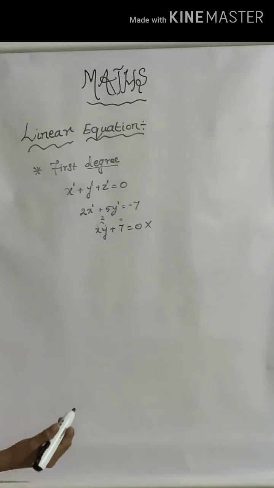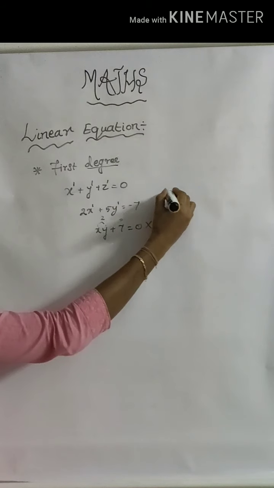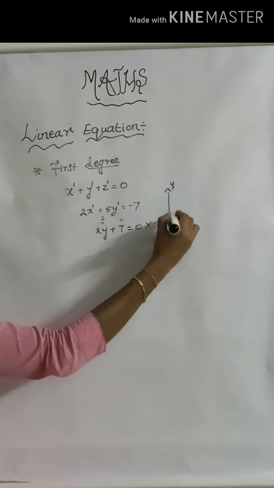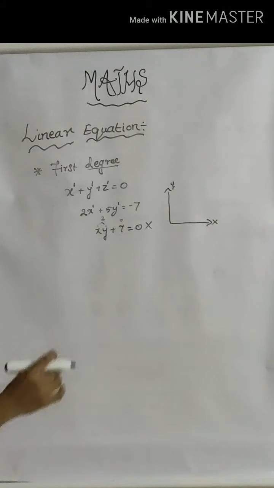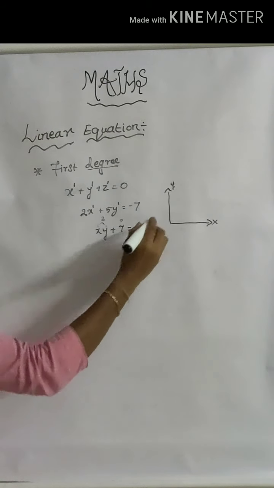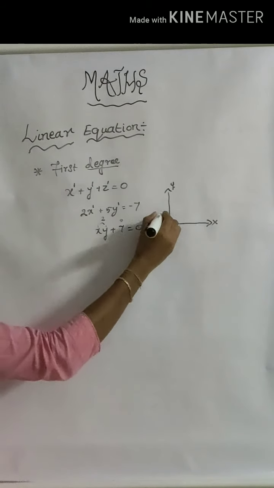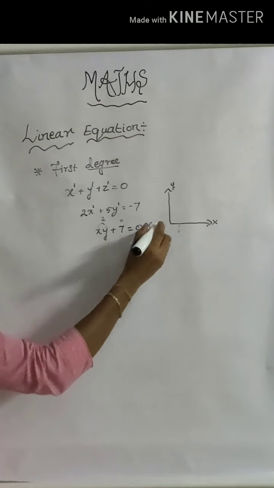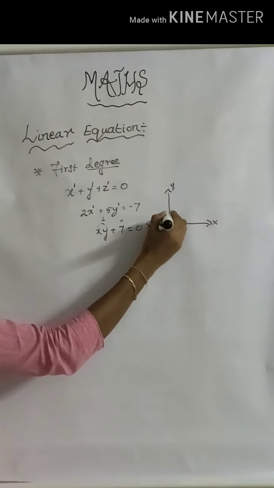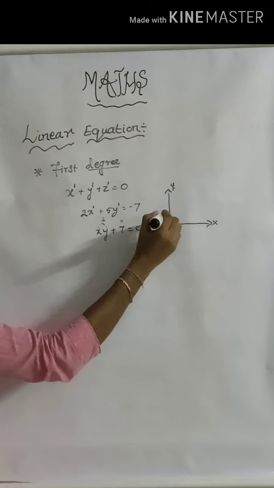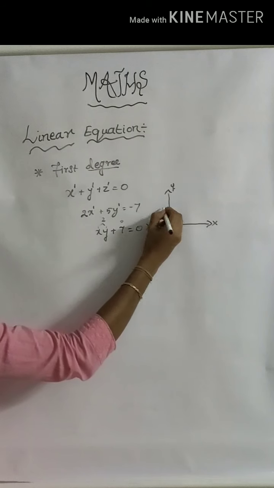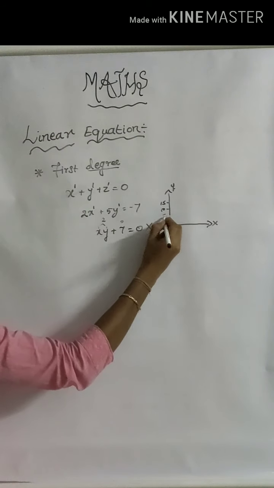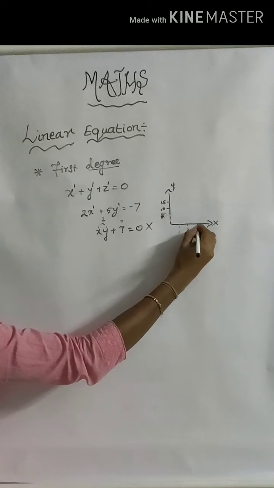Now I am going to represent a 2 variable equation in the graphical method. We mark the vertical line as the y axis and the horizontal line as the x axis. You can take any value for x and y. I am going to take the x value as 1, and the y values we have to take in the same interval. So I am going to mark this value as 5. The next values will be in the same interval, so we can take 10, 15, 20, 25, etc. I am going to mark 10 and 15 here. Only 3 values I am marking here.